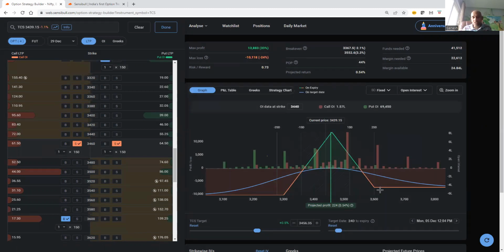Earlier, the MTM loss or blue line loss is more and the expiry day loss is less. Are you getting my point? This is how MTM works, and one can plan accordingly, either to take hedges or not to take hedges. They can plan according to their risk appetite. They can plan the trade,